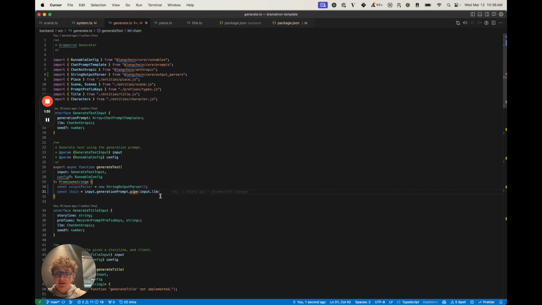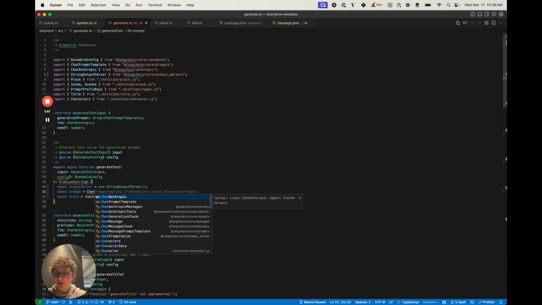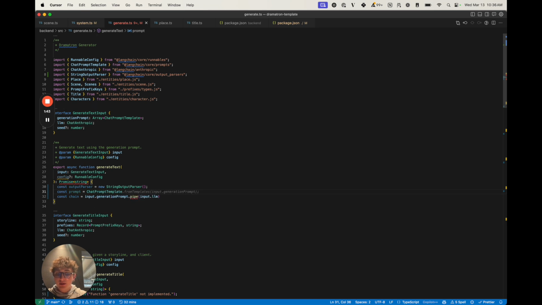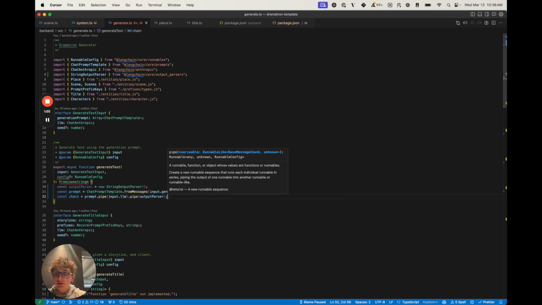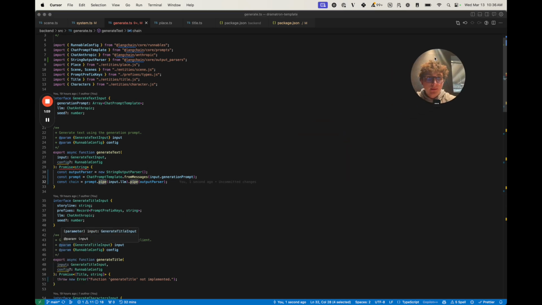And it's because it's an array. Sorry. So we need to do const prompt equals ChatPromptTemplate.fromMessages, pass in our prompt there, and now instead of this being an array, it'll just be a single prompt that we can pipe to our LLM, and then pipe this to our output parser. And what this pipe method is doing,